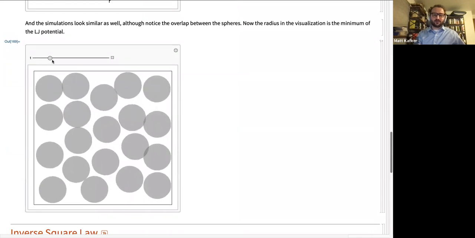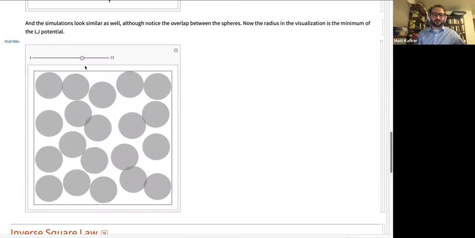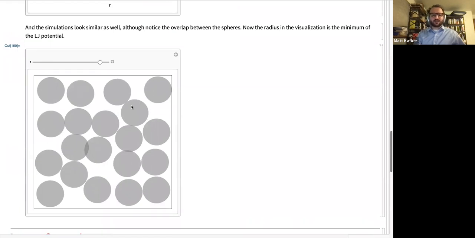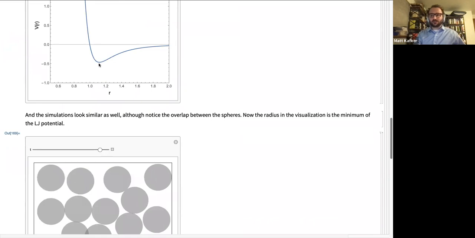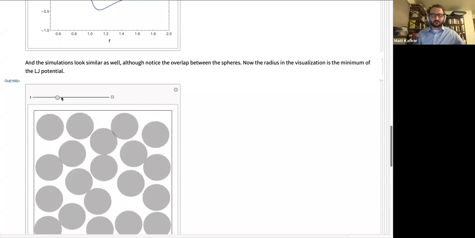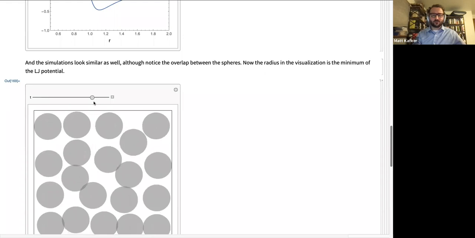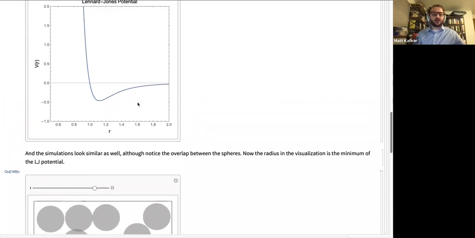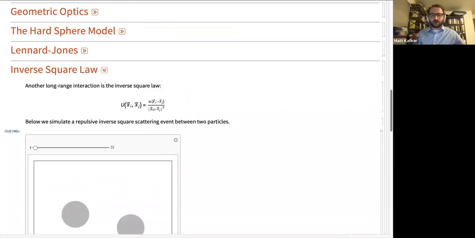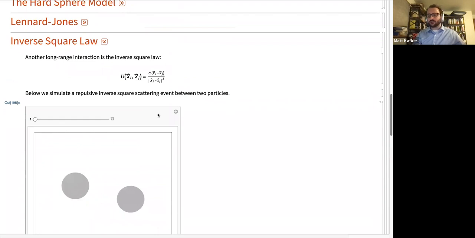What does a liquid of particles evolving according to Lennard-Jones look like? It looks like this. It looks a lot like the hard spheres, but you'll notice we have these regions of overlap now. Right now the radius of the sphere corresponds to the minimum of this potential. Before it was the edge of the hard sphere potential. Now it's the minimum of the potential. So there's no violation of the laws of physics here. There are no infinite energies. This is totally fine. Relatively similar dynamics, and a lot of people use this. So that's Lennard-Jones. And then you can also do things like the inverse square law, and everybody has already picked up on the fact that forward Euler sucks.